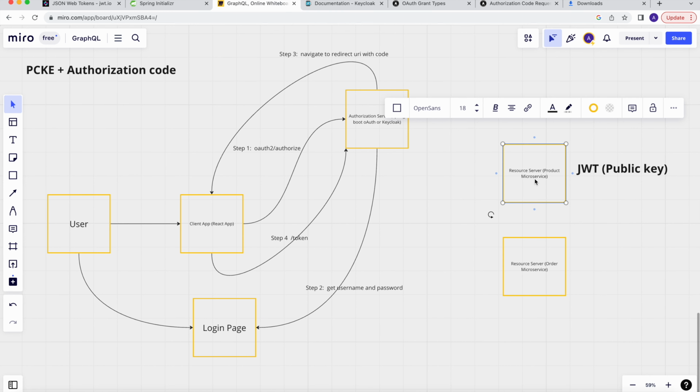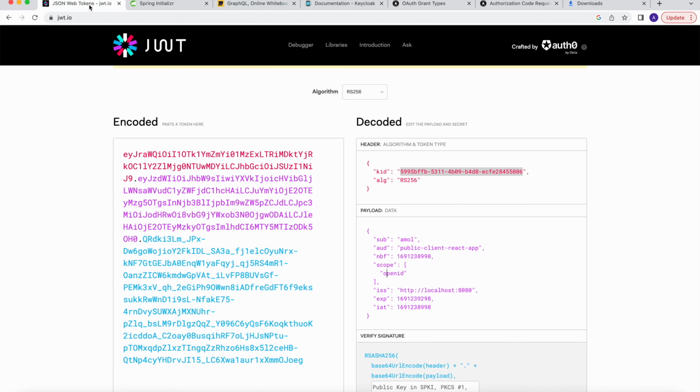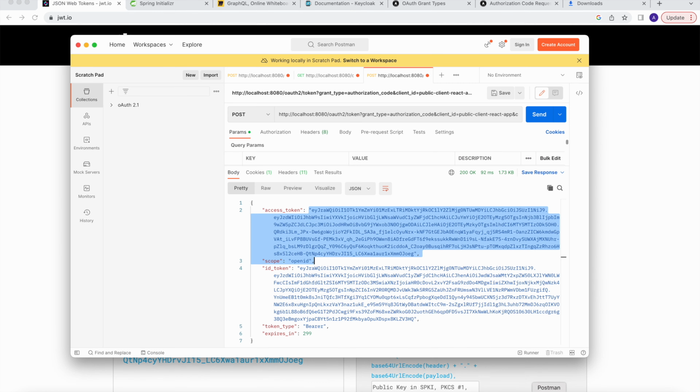When the resource server receives this access token, right, it will get this information. Yeah, this is the KID. So with this KID, they can fetch the information from the server. How they will fetch it, I will tell you. So now if you see,